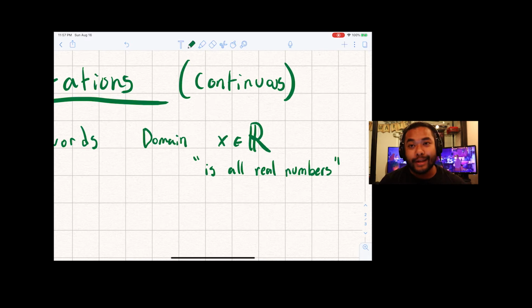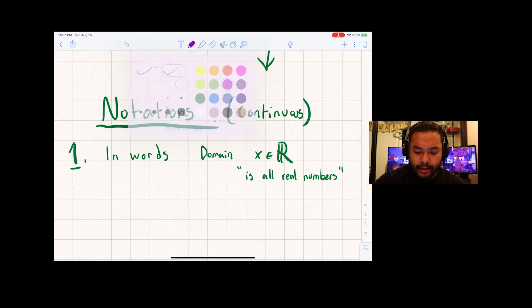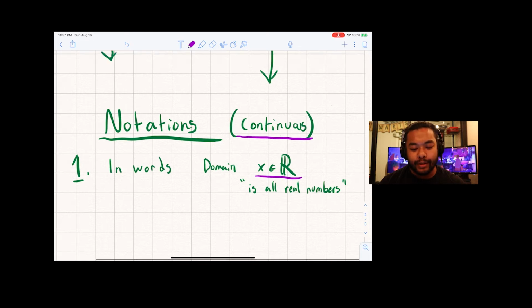These are two ways of saying the same thing. Or the range is all real numbers. Y is an element of big R. So continuous. When you think continuous, think all real numbers. And the reason for that is, remember how I said if a function is continuous,